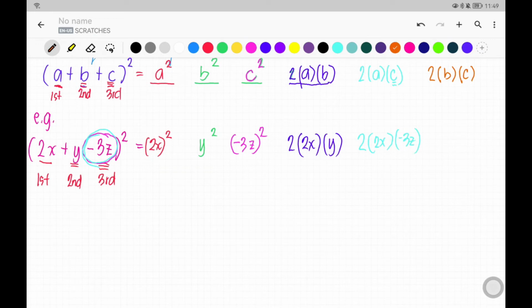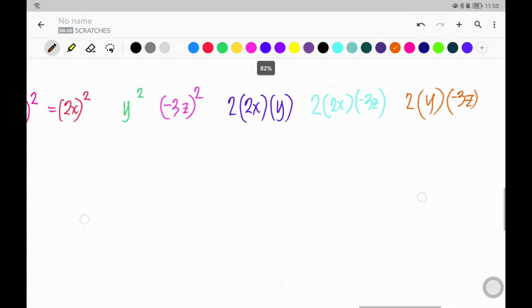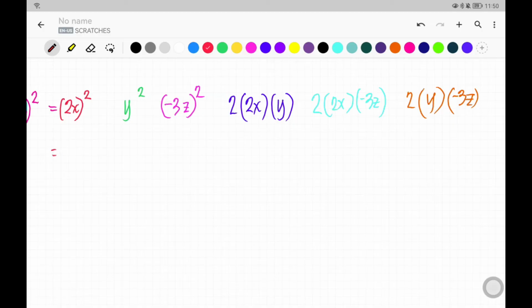Then, sunod ay yung pinakahuli na tayo. Ito, yan. So, tapos na tayo dito. Yung 2, i-times natin sa second term, which is your b, which is your y. And then, i-times natin sa last term ulit, which is your negative 3z. Okay, so recall multiplying of polynomials. Right? So, zoom in lang ako. Okay, so this will be equal to, of course, this one means 2x times 2x, right? And this is equal to